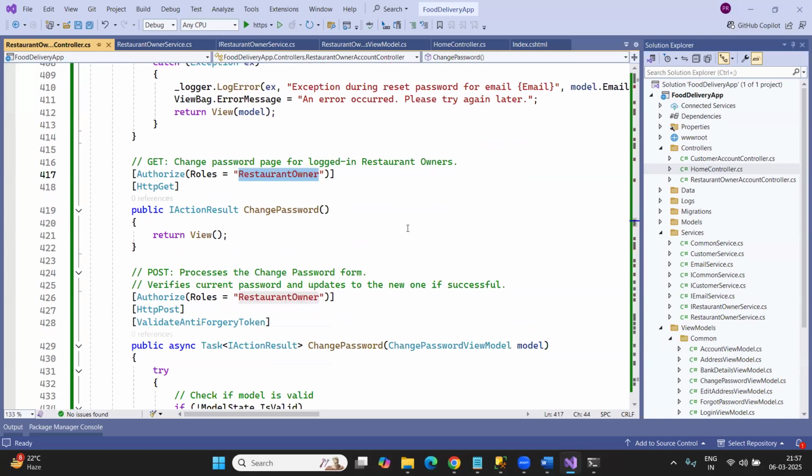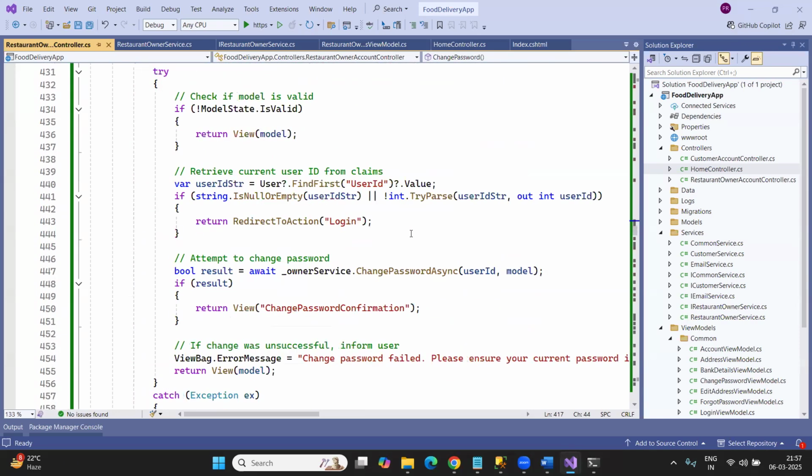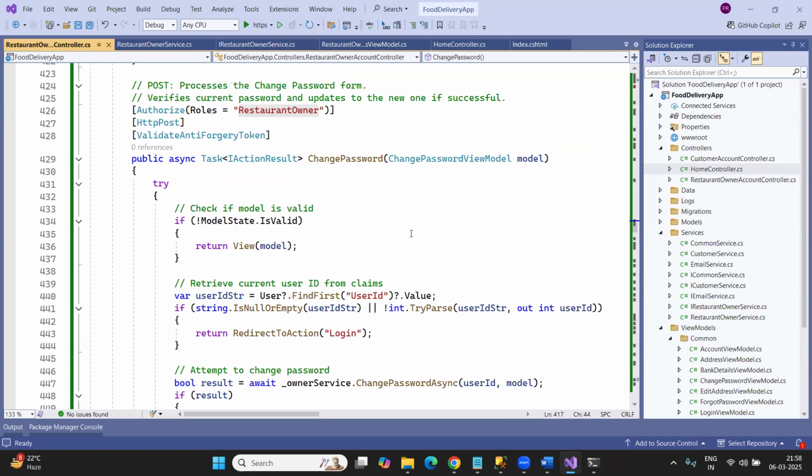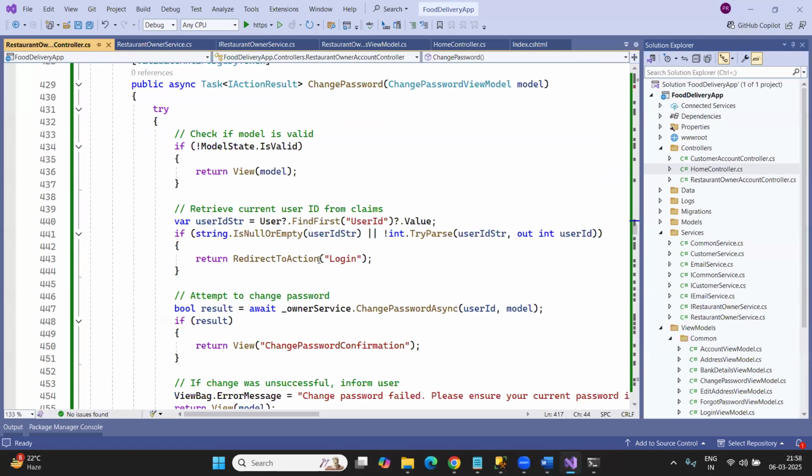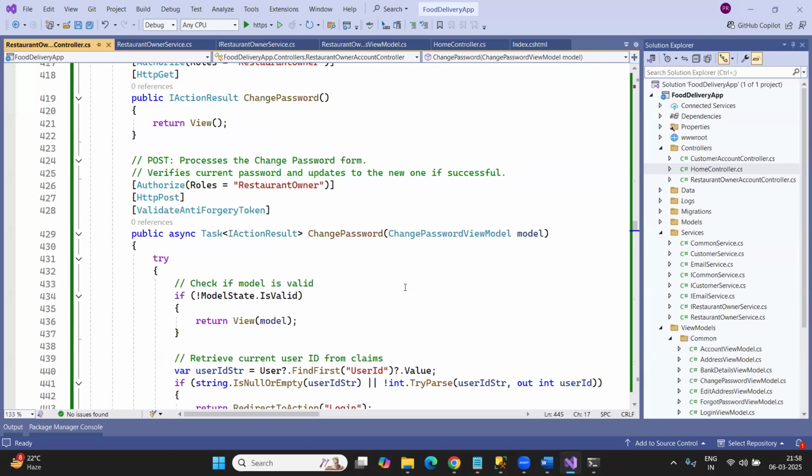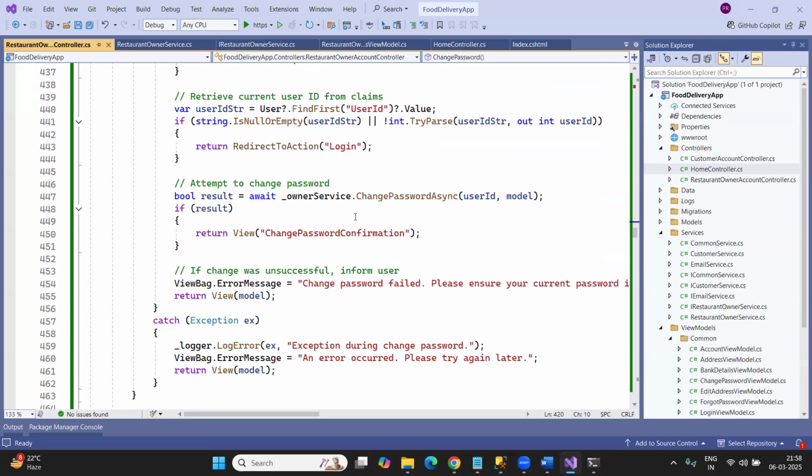So this is my change password. The functionality is going to be the same as what we have explained, the way it is working with the customer model, it is going to be the same with the restaurant owner model. So we'll render one page, right? That page is asking to enter the current password, new password, and confirm new password. And password validation is going to be handled by this method, which we defined in our owner service. If validation is successful, it will be redirected to this page,